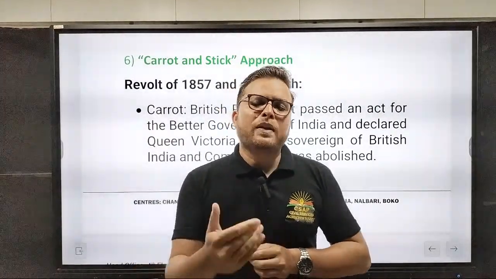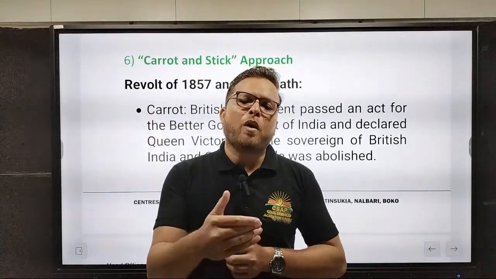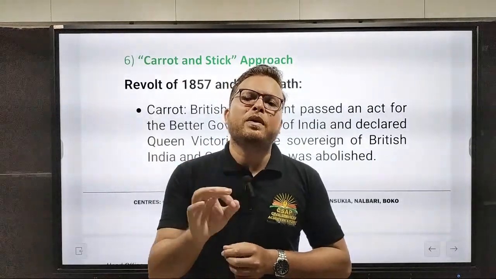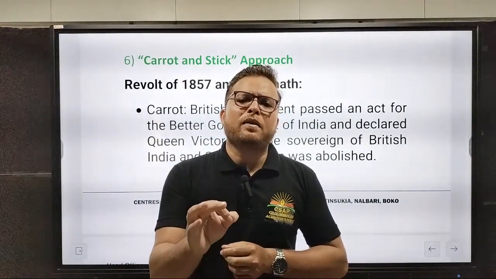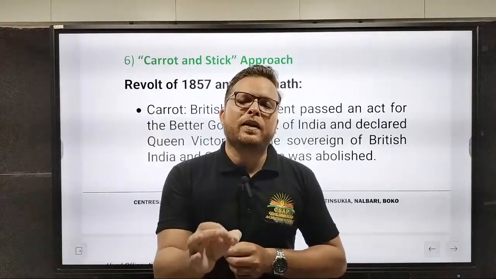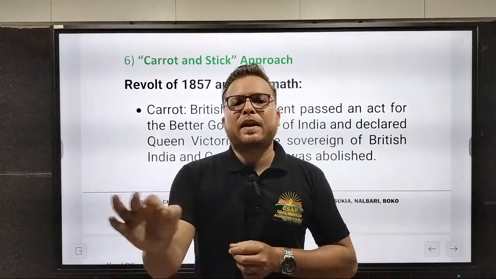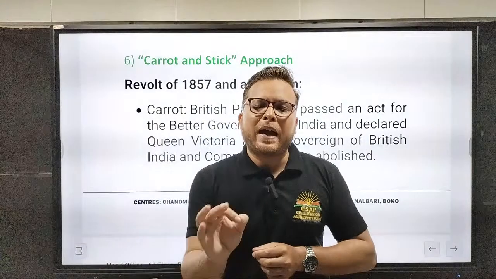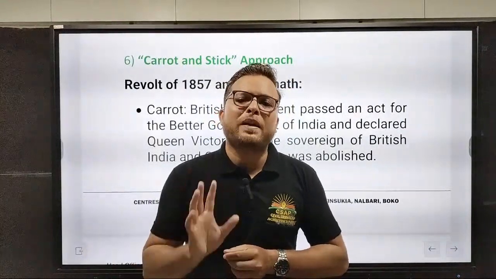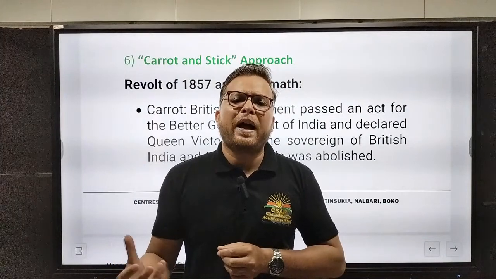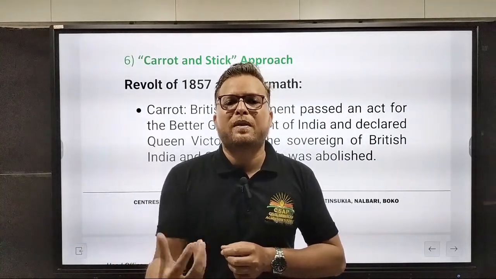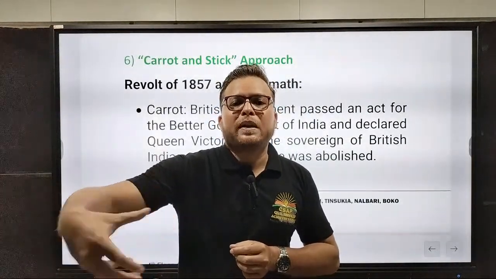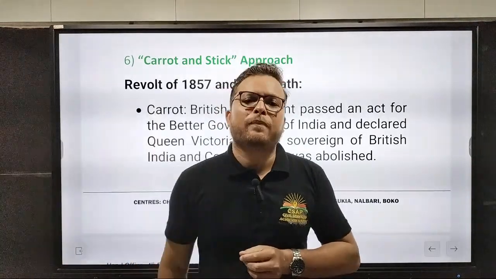As far as the reserved list was concerned, only the governor could take decisions on the subjects mentioned in it. But as far as the transferred list was concerned, the governor, before taking any decision on the items mentioned in it, had to consult with whom? He had to consult with the Indian members, the representatives, the members of those councils who were Indians. So in a way, the Britishers tried to show that they were making more and more Indians a part of the decision-making process, and taking significant steps towards giving self-rule.